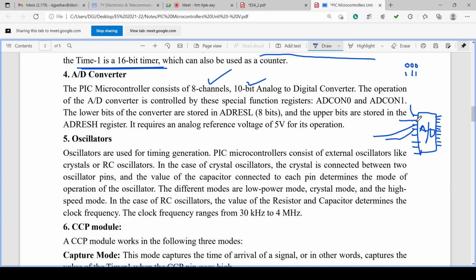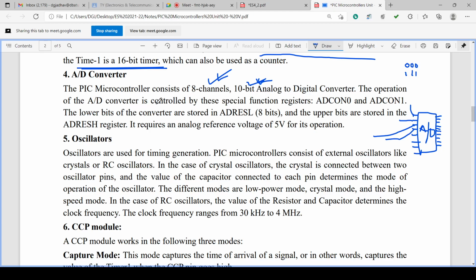But at a time, one can convert only one channel's analog signal into a digital signal. After completion of that, you can convert another channel, then again one more channel. So you can connect 8 different analog voltages, but each channel is converted into 10 bits.